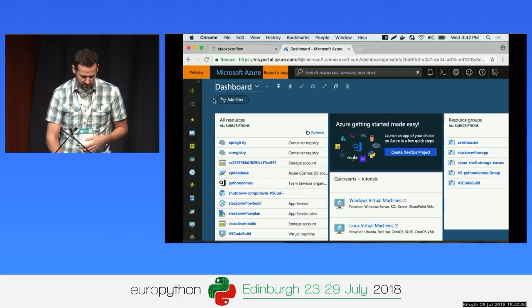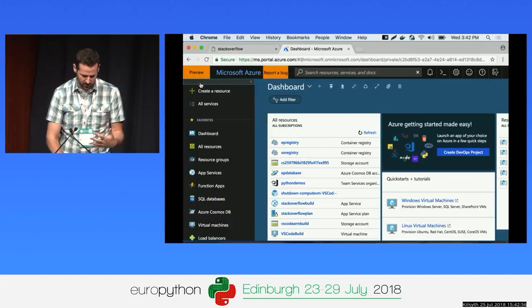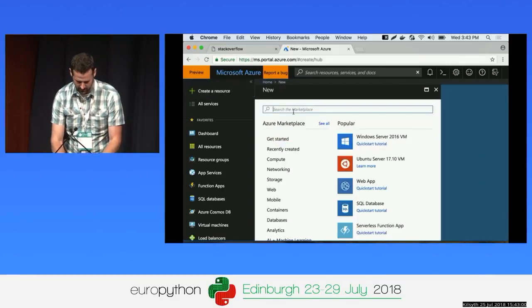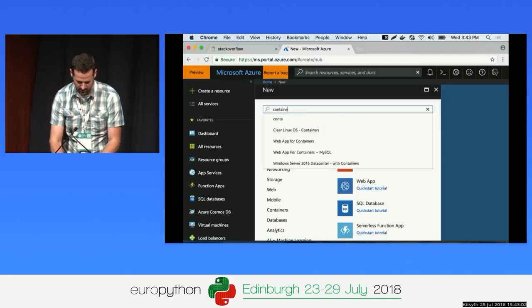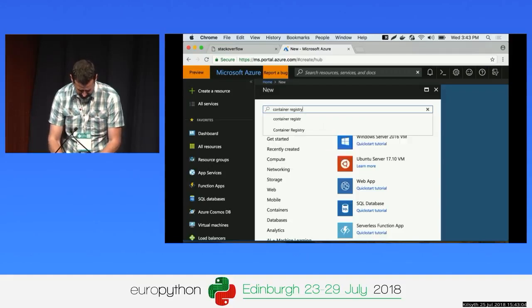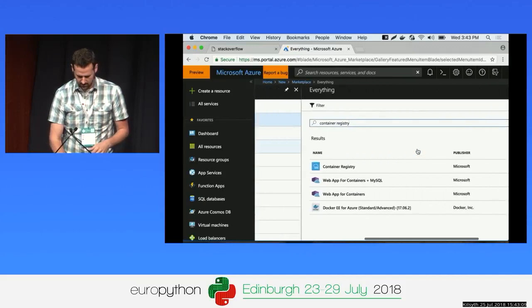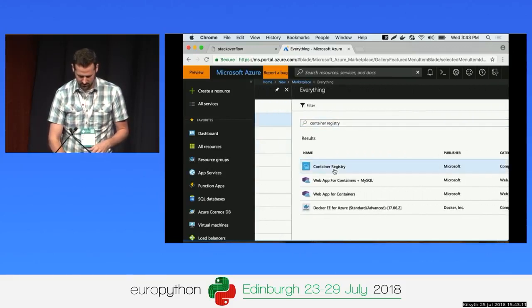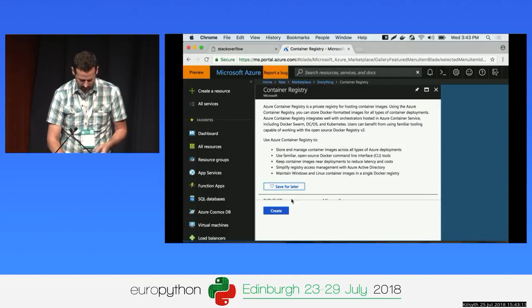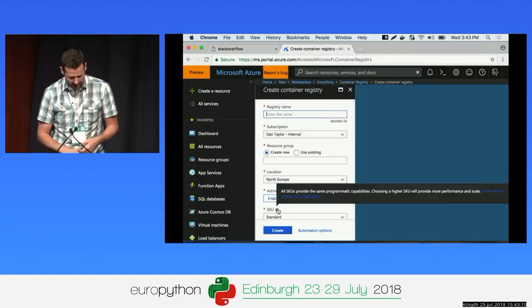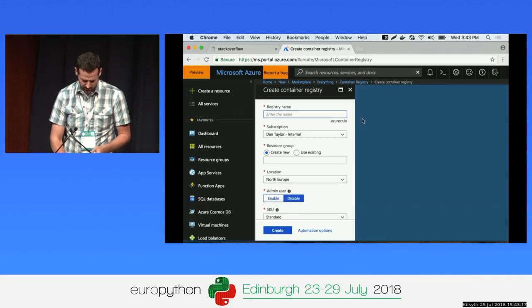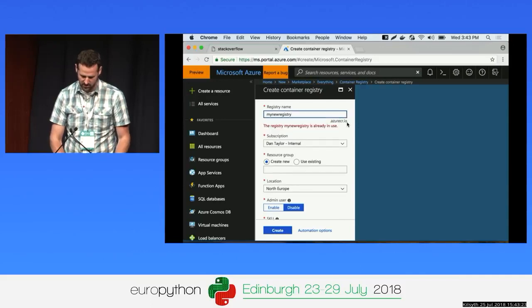So when you come into the portal, I've got some resources here created already, but the first thing I want to do is create a resource. And for that, I want to create a container registry. So I'll select that. There we go. So here's the container registry. I'll select create. This is going to create a registry. I'll just call it my new registry. And this will create a registry that's available at